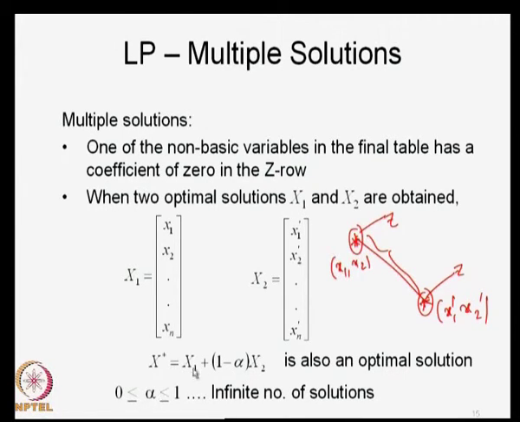Keep on choosing different alphas, and you get different sets of solutions. Remember, all of these solutions are optimal solutions, and all of them will lead to the same z value. This provides enormous flexibility in decision making, because you are sticking to a given optimal value of the objective function, but you have enormous flexibility in the decision variables themselves. You are getting different sets of solutions, all of which lead to the same objective function value. Therefore, capturing multiple solutions is an important step when dealing with LP problems.